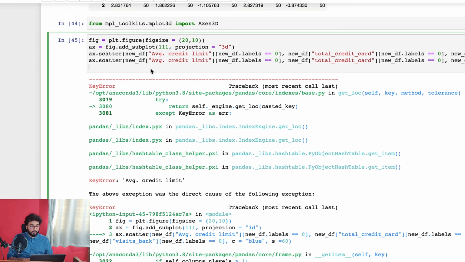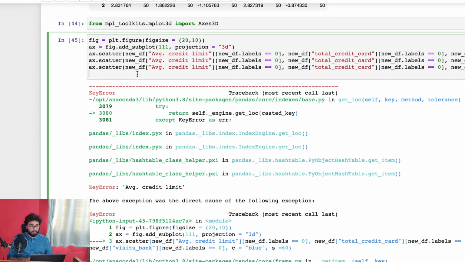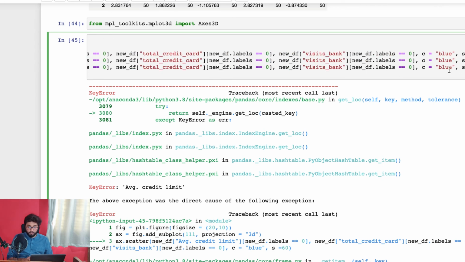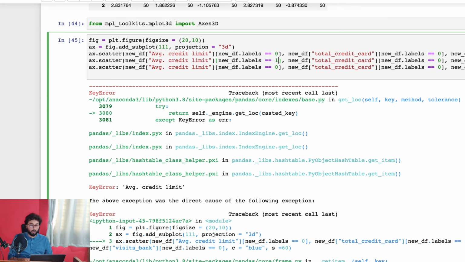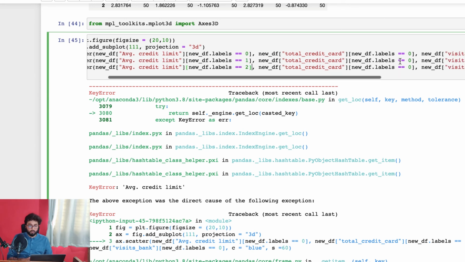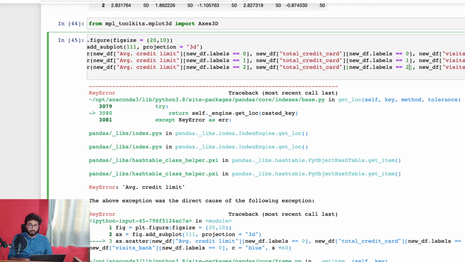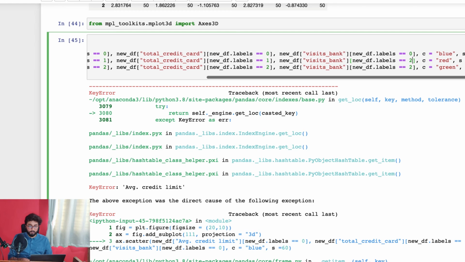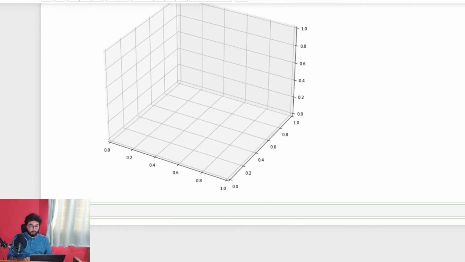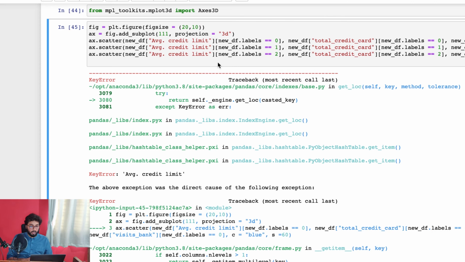If we do the same here for one more cell, okay, now this one is blue, this one is green, and this one is red. Okay, so for label 0, 1 and 2, I want to show the same columns but for all the classes, in different subplots, I mean as part of the same figure,